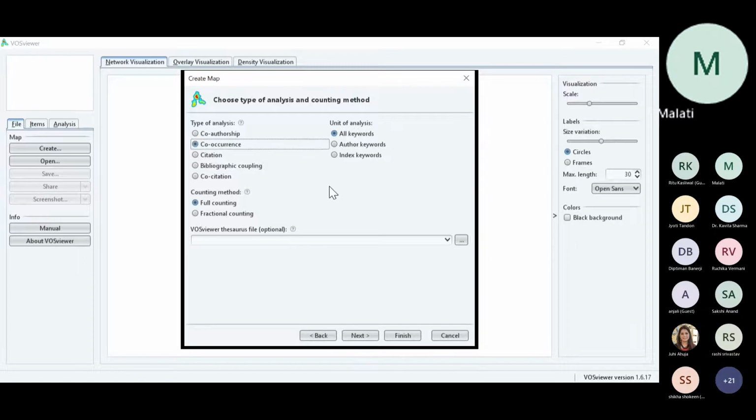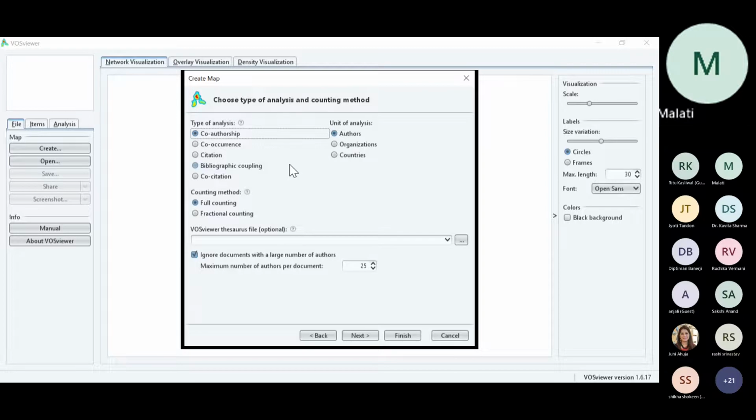Sir, excuse me, sir. Is there a way where we can combine both Scopus and Web of Science files? Here they are different. Sir, there is a software which will help you to combine. I am unable to recall. Later on, I can give you the name of the software, but it is a paid one. You require a license for it, right? Or you can go for manual. Manually also you can do it.